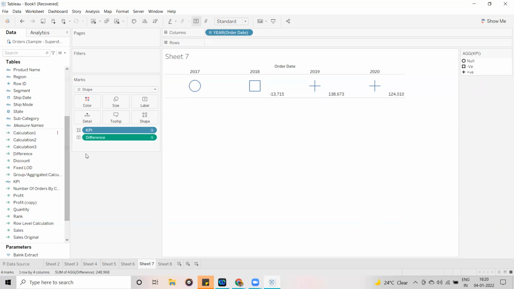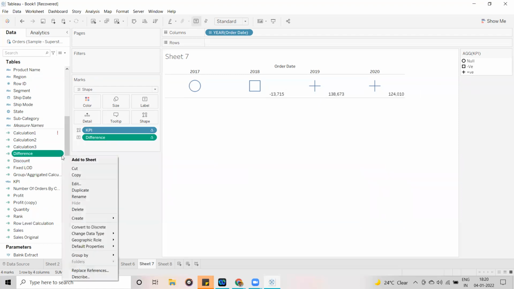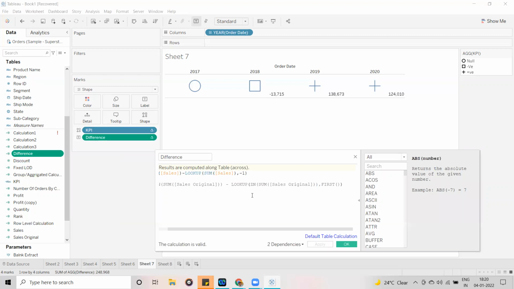In the earlier calculation, I think you might have seen the ZN function here, right? ZN means wherever you are having null in the measures, it is going to convert into a zero.